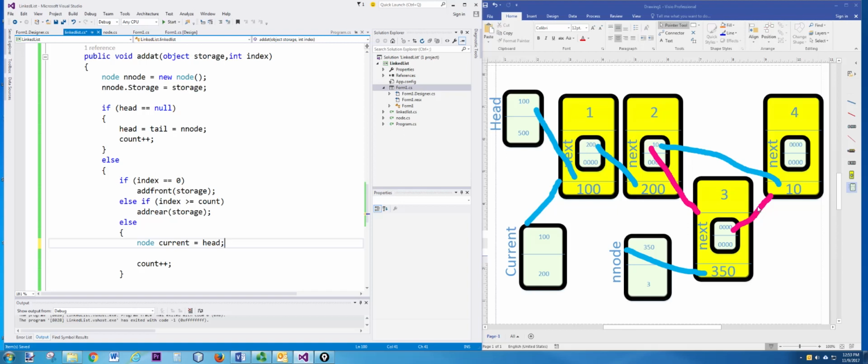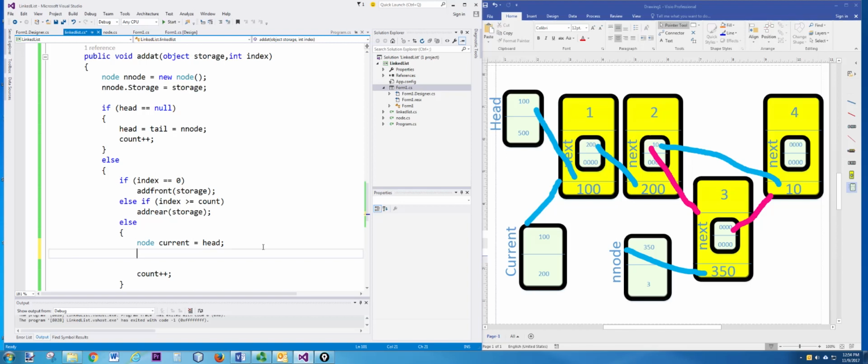But we also got to build this so that it will work for any amount or quantity of nodes that are in the list. So in other words, we don't want to make it just for a special case that I'm diagramming right here. It's got to work for every case. So we're going to have to do some kind of while loop. And actually, you know, since we do have a count variable, we can use the count variable in our loop. So we can do,